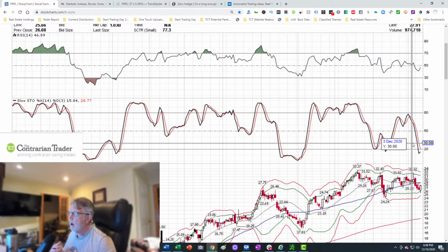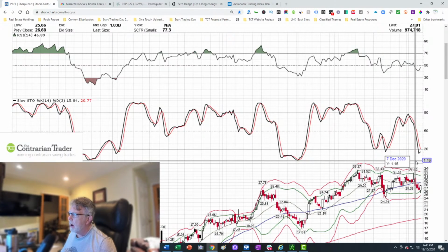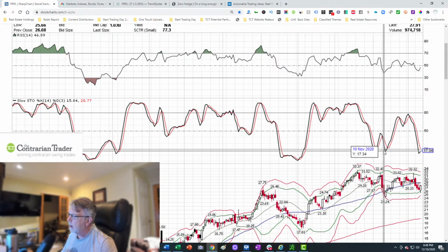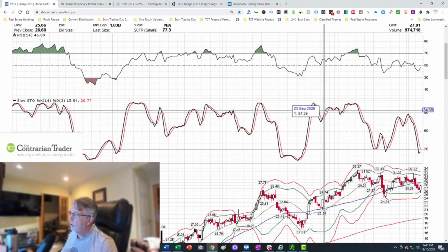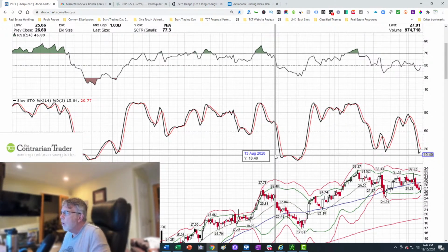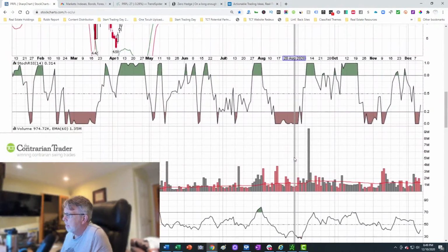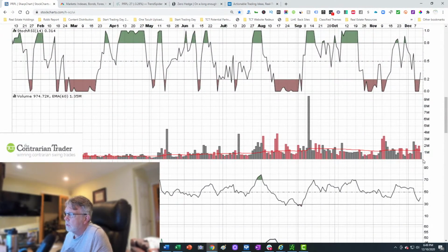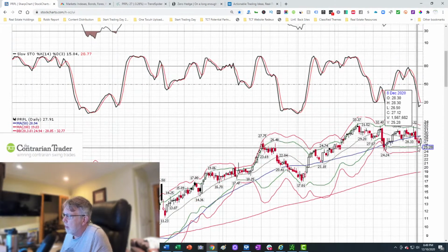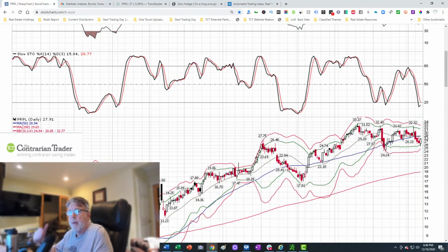I'm okay right now with putting on a trade, but I would stay small and wait for these Stokes to begin to hook up. Like you saw back here. Here you had a nice run. Here a really, really nice run. Wait for this to get resolved before you get too heavy. Up volume was not good today. It was very bad. So a pretty candlestick. The environment appears to be changing a little bit. Cause to nibble. Okay, I'm with that. Test the market, see whether or not you're right.